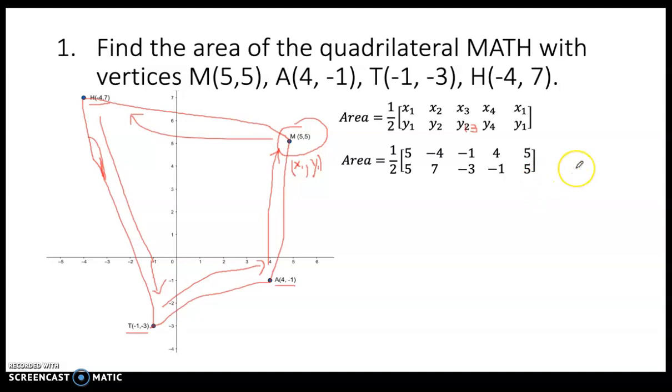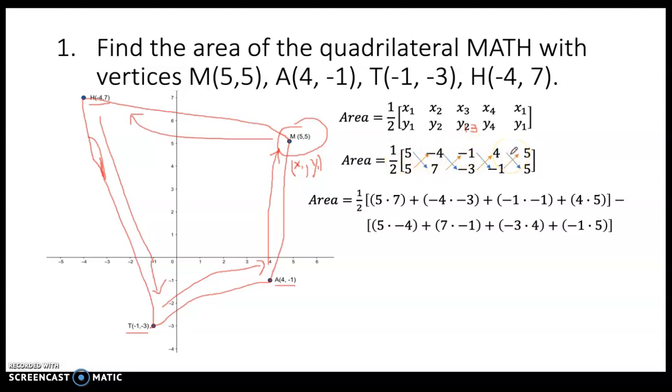Back to 5, 5. So down, get the sum. So 5 times 7, -4 times -3, plus -1 times -1, plus 4 times 5. Then up, add. So minus the sum of these products of the yellow, orange arrows. So that would be the one. Then compute